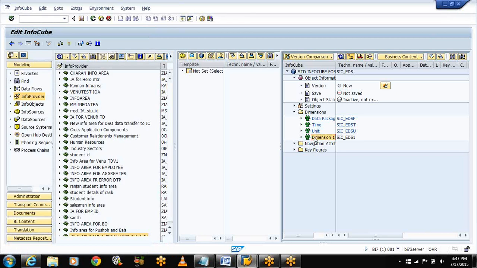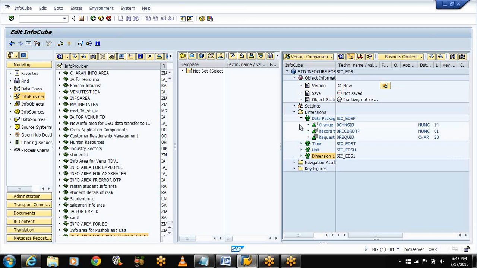In my info cube, actually I'm having 16 dimensions. I can create up to 16 dimensions, but 3 are system defined dimensions. That is data package dimension, time dimension and unit dimension. These are system defined dimensions.